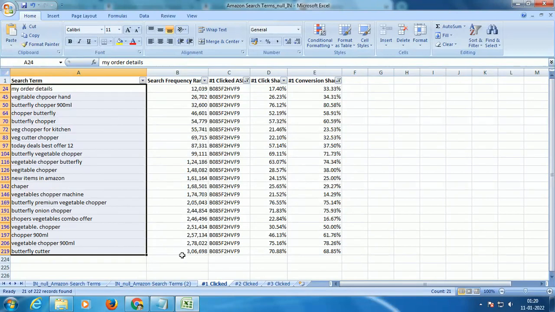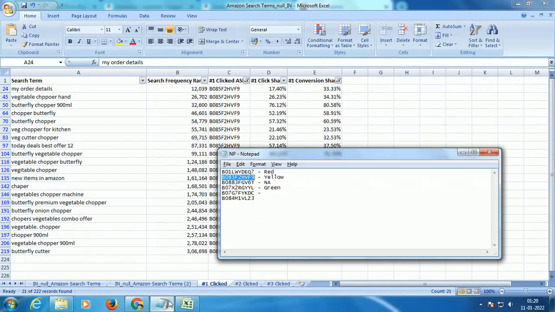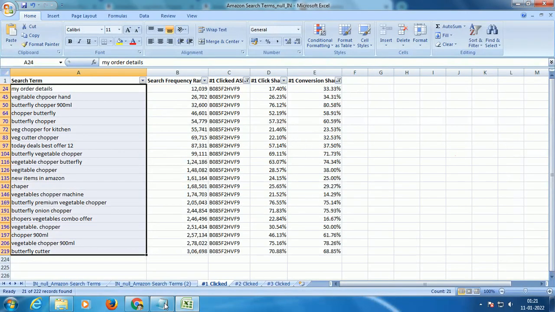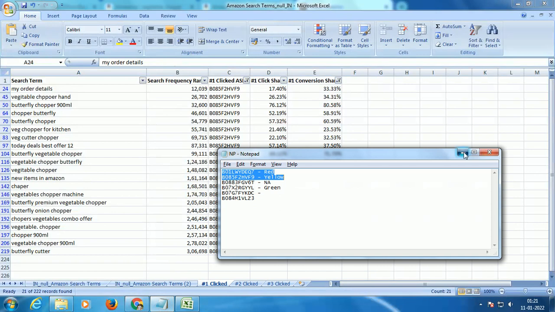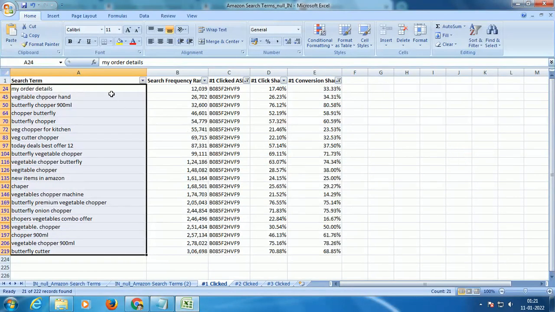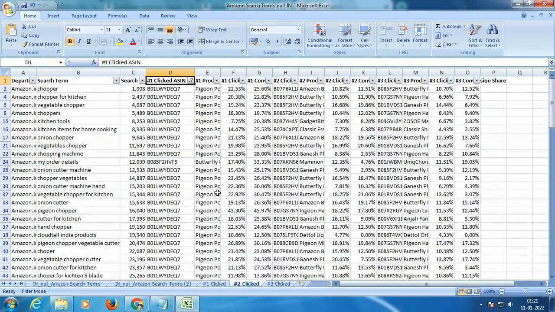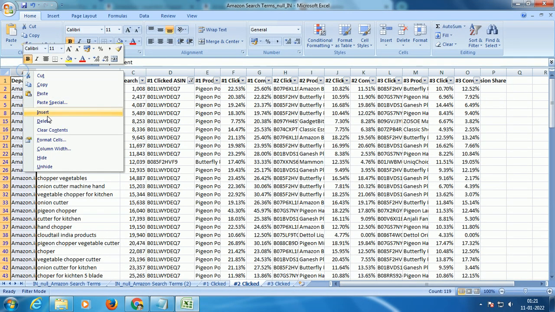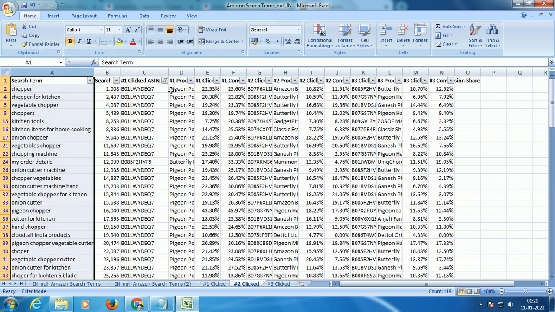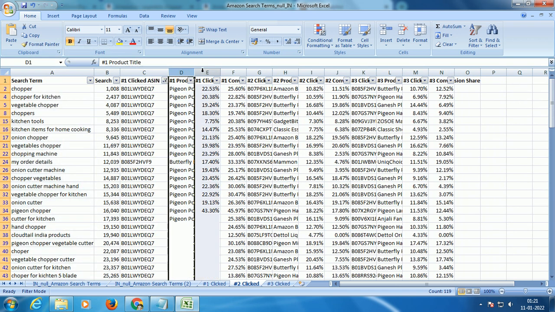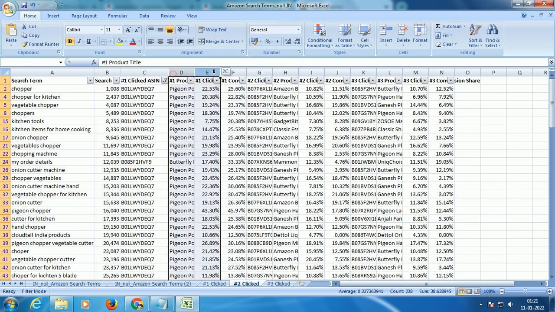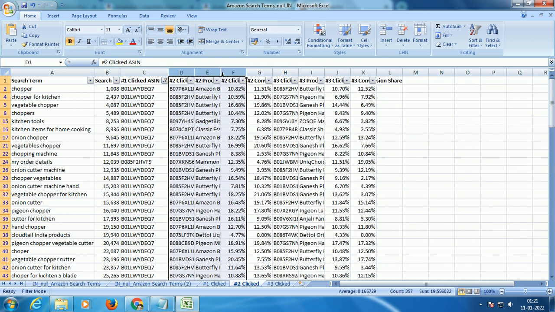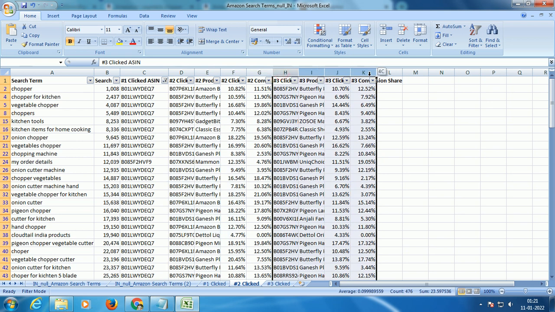So likewise, in this example I have showcased, we have looked at two ASINs, right? In similar fashion, I will do this exercise for all my 5 or 10 ASINs, right? What I will do is, I'll just make a note of all those keywords, right? So this is for most clicked ASIN, right? Then similarly, I'll come to my second most clicked ASIN. Now when I open this data, once again I do not require this. This time I'll remove the first clicked ASIN, because we already looked at our first clicked. I'll remove the third clicked data.